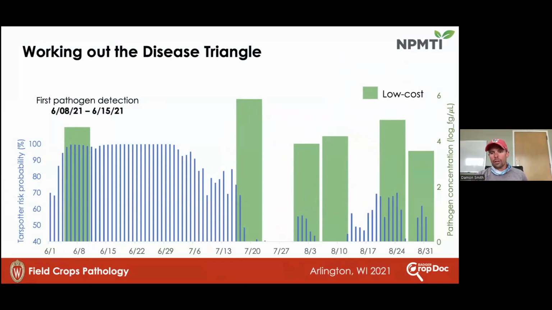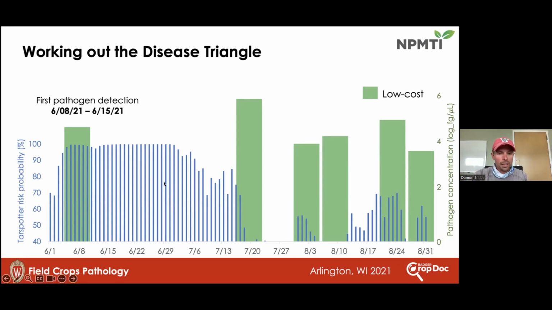Just to put this out there visually on how this works, it really is just putting the disease triangle idea together. So this idea that we have a conducive environment, we have the pathogen present, and then we have the host out there, and those things are coming together at the same time to get disease development. And so here's an example of how this gets laid out in the background, and how we are thinking about these tools and all the sampling we're doing. This is a 2021 Arlington field. Again, we have 246 of these site years that we can look at.